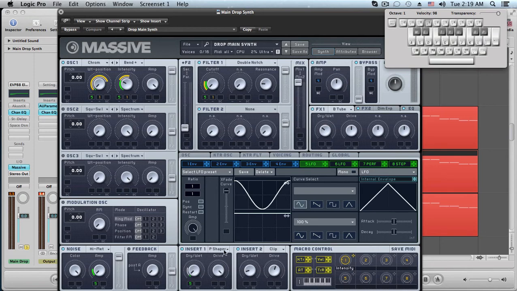Our insert 1 is parabolic shaper, and dry wet is set all the way down, and the drive is all the way up. Insert 2 is on hard clipper. Our dry wet is in between 8 and 9, about 8:30, and our drive is just past 12 o'clock. And our filter 1 here, using double notch, cutoff is all the way down, resonance is about 9 o'clock, and the mix is all the way up here,